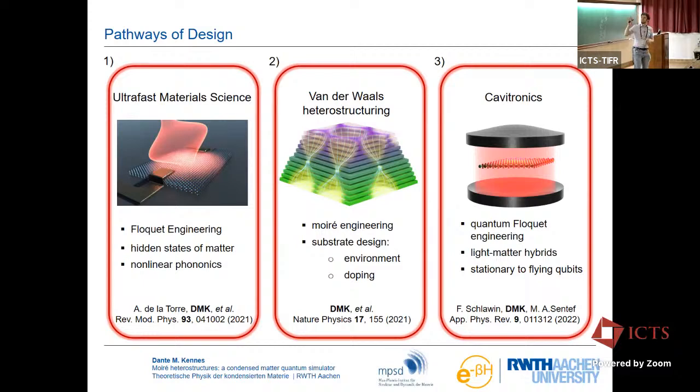And then the last pillar is an emerging research field that our group has picked up. It's subsumed here under the name of cavitronics, and that's the idea that you place mirrors nearby to your material, and then you ask questions such as, now that the light field is extremely confined, the quantum properties of light become relevant, and can now, for example, even quantum fluctuations play a similar role as the external driving that was induced in this first column. The first and third column I will only mention in a one sentence outlook type of way. But if you want more details on this, there are some recent perspective review types of articles that we were asked to write, and they are given here. So if you're interested in any of that, I invite you to look this up.